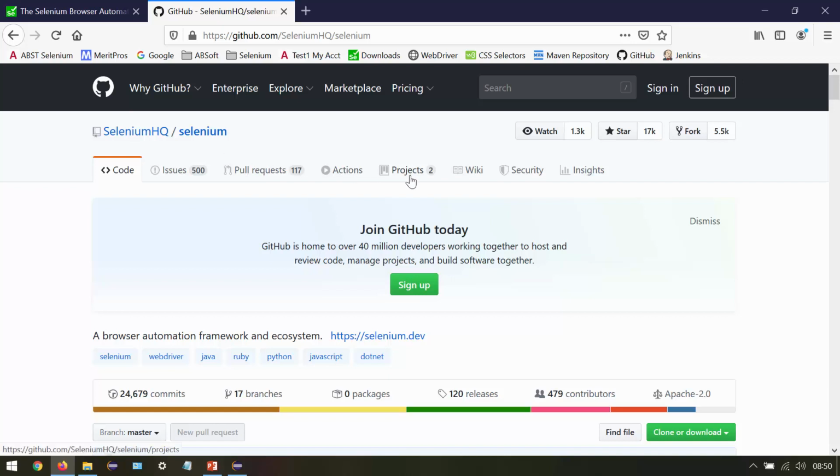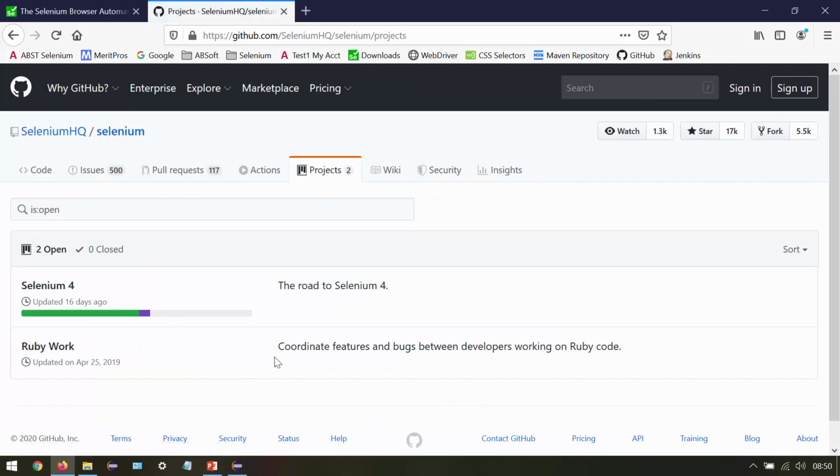Then if I go to projects, here we have two projects in progress, and you can see Selenium 4. This is the main project, the tasks related to the Selenium 4 release. You can see the road to Selenium 4, and they have been doing the fixes or developments, updated 16 days ago.